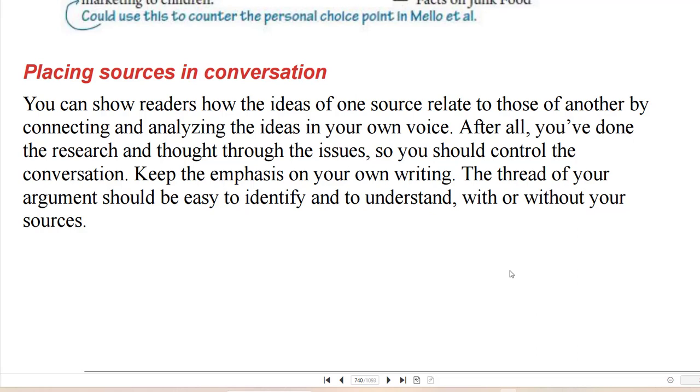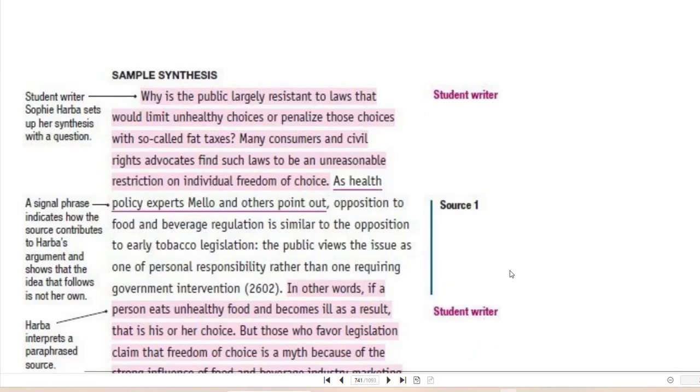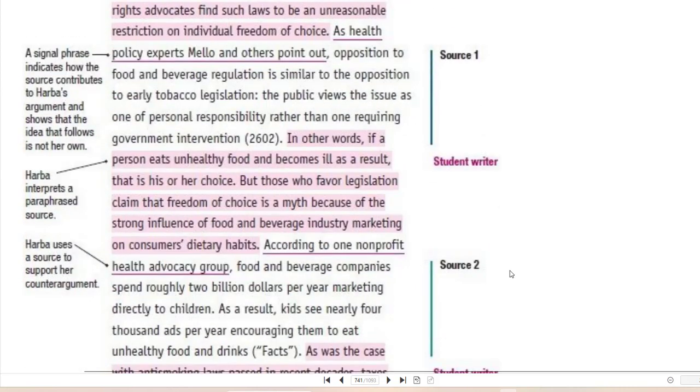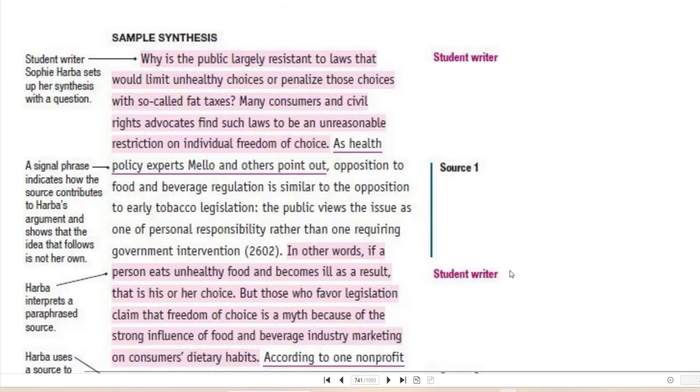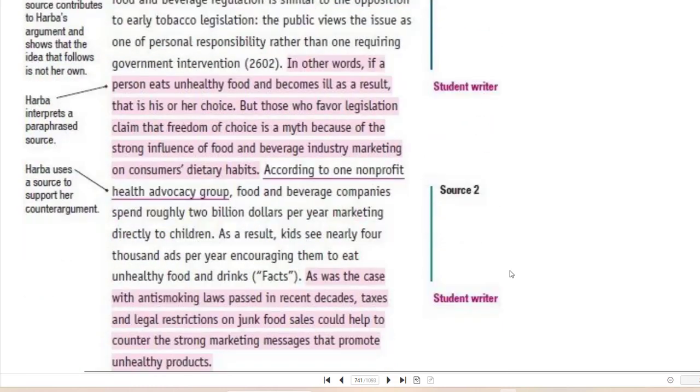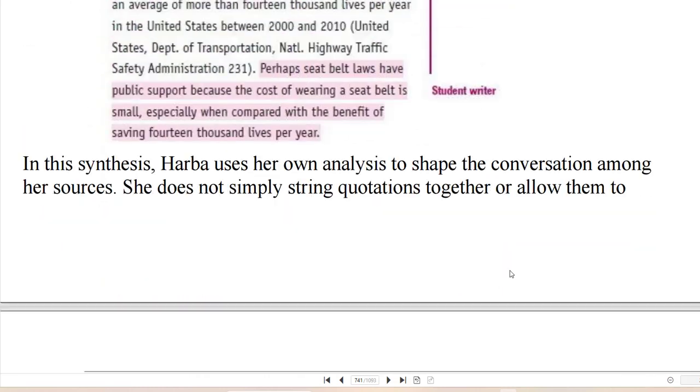After all, you've done the research and thought through the issues, so you should control the conversation. Keep the emphasis on your own writing. The thread of your argument should be easy to identify and to understand, with or without your sources. And so here is an example of somebody's paper and their sources.